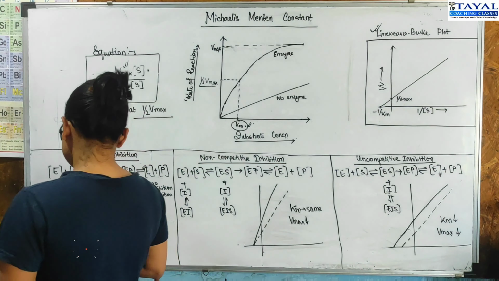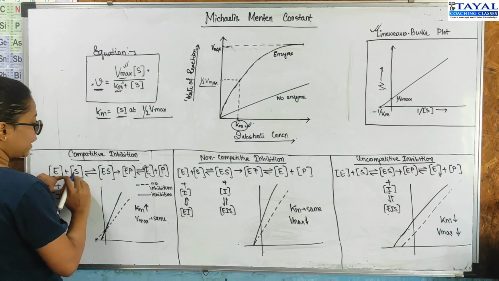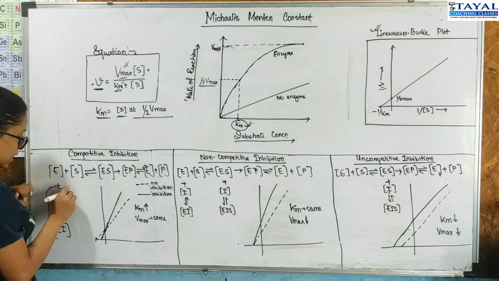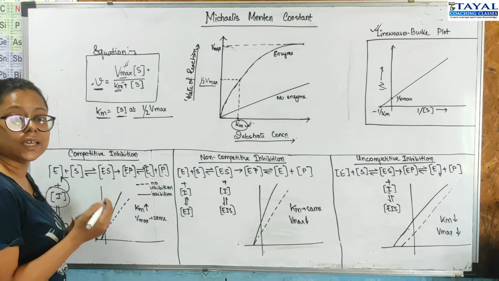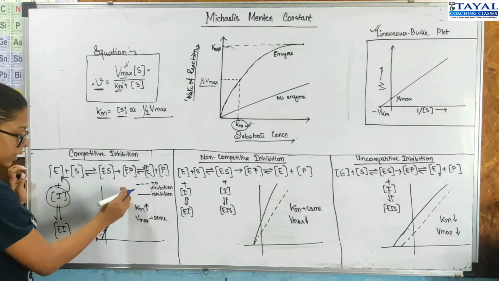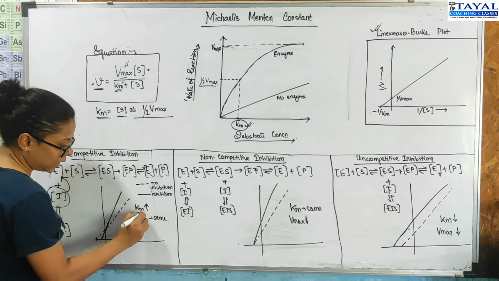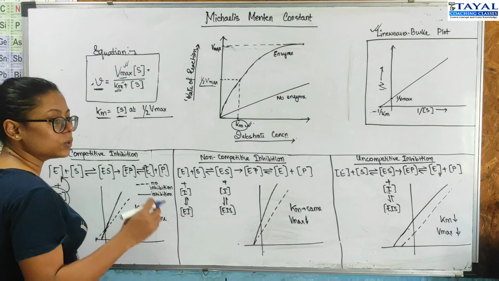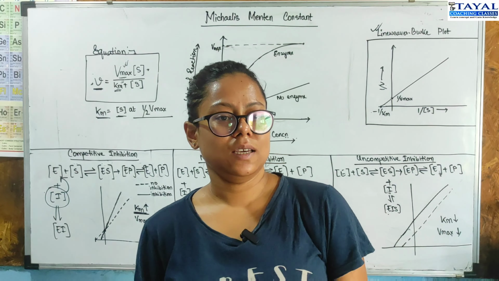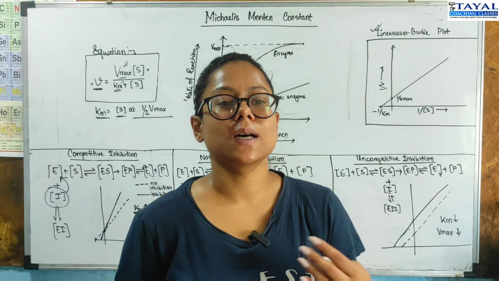In competitive inhibition, the enzyme normally binds with the substrate and forms the product, right? But in this case, the inhibitor competes with the substrate, as the name suggests, for the enzyme's active site. And therefore, when we plot a Lineweaver-Burk curve, the Km gets increased. So the substrate concentration at which half the maximum velocity can be reached, you will need more substrate,